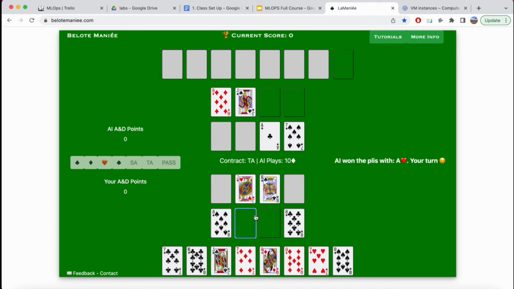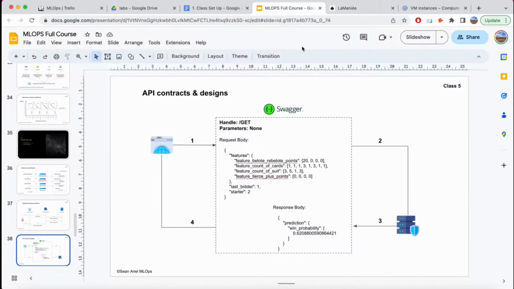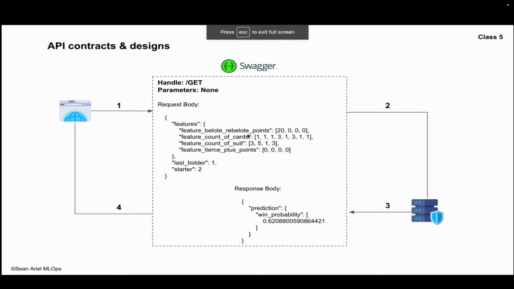And so I can keep playing because whenever I send some data to the server by clicking on one of the cards, the server just gives me back some data by telling me who won and what's going on right now in the current state of the game. Now, this is specifically for the game of Belot Manier, but essentially the API that we want to design for the training for this course, the API that we want to design is